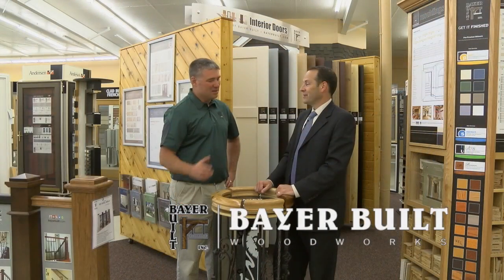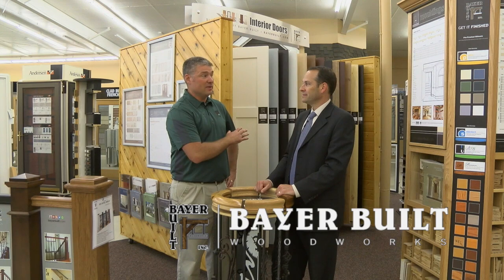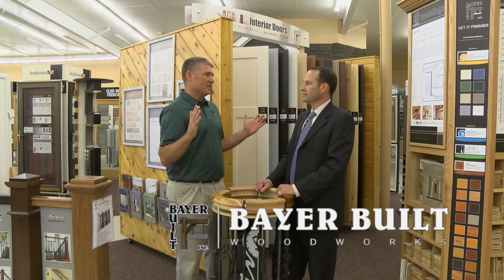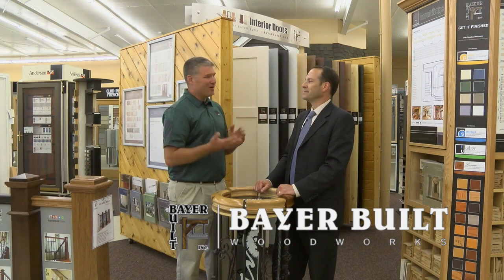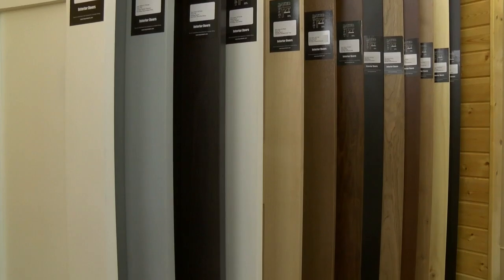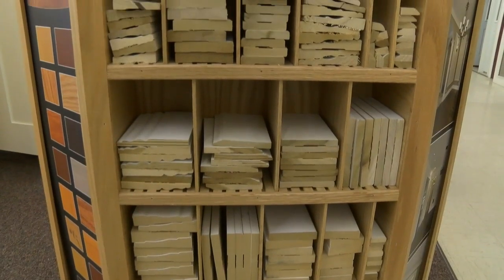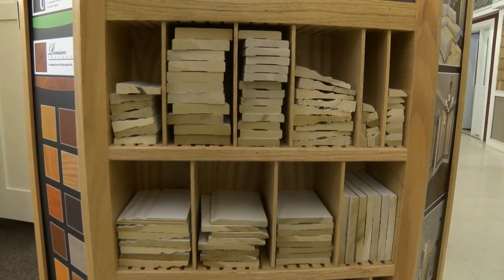Yeah, and these guys have made a tremendous investment. There's a dozen plus interior doors. They have a dozen plus exterior doors. Every type of species that we carry, all kinds of different finishing processes, a number of moldings, trims. They've really made a significant investment, both with us as a partner and also in selling to the consumer